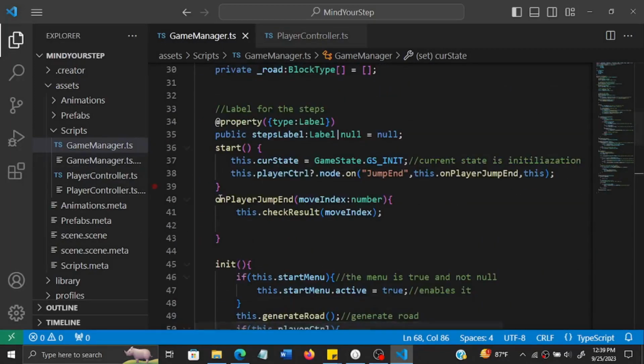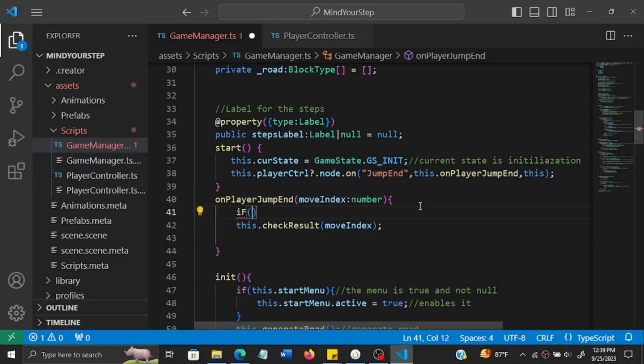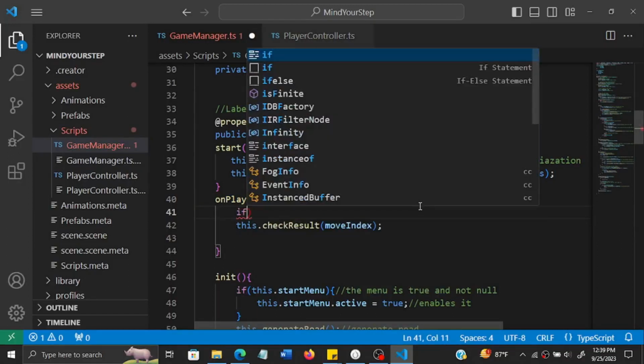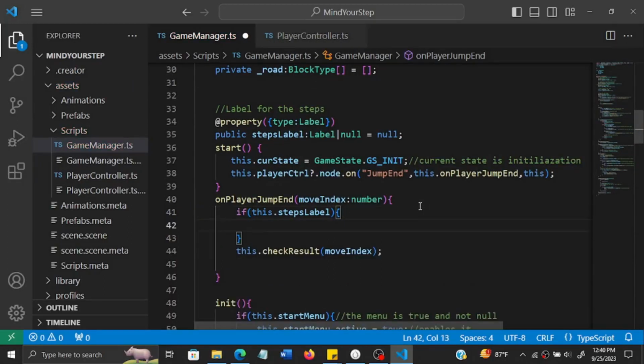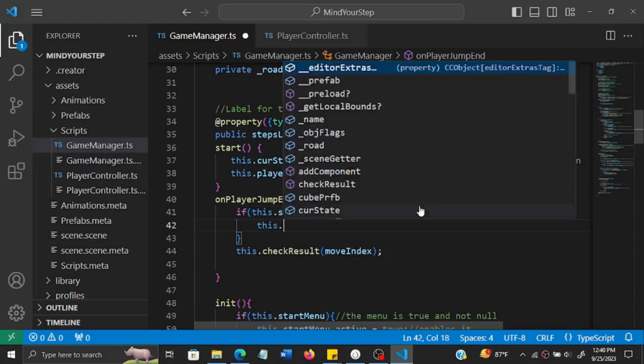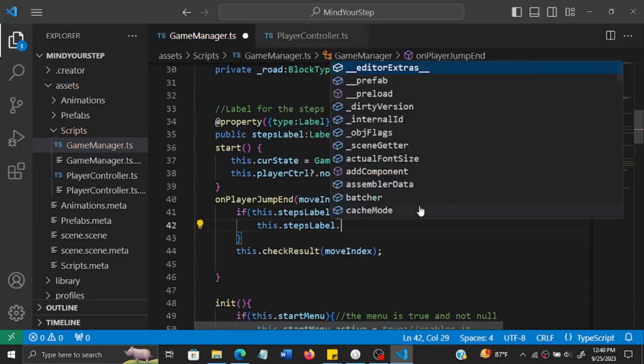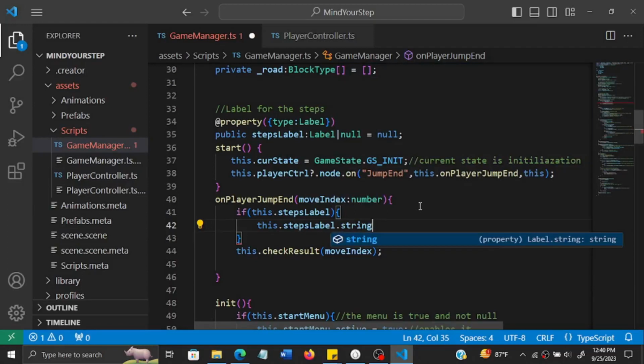So here's the on jump end. This one runs when the jump is done. Okay, when the jump is completed. So inside it, we'll do the same check first. So if this dot steps label exists, if that's true, then we can go on steps label dot string. Okay, so the string property can then be,